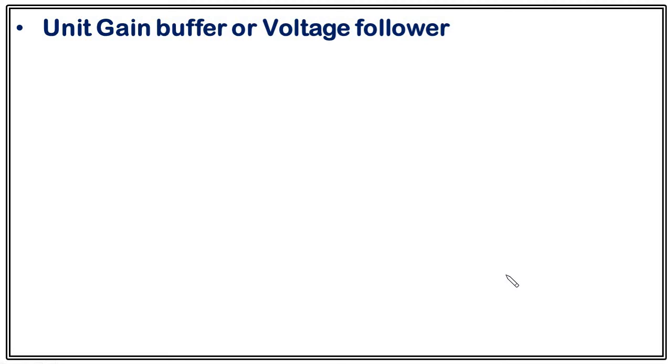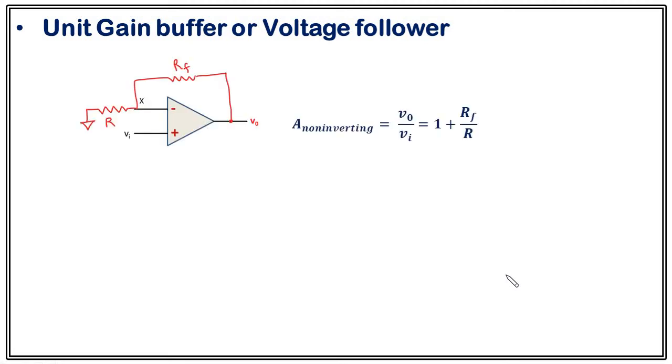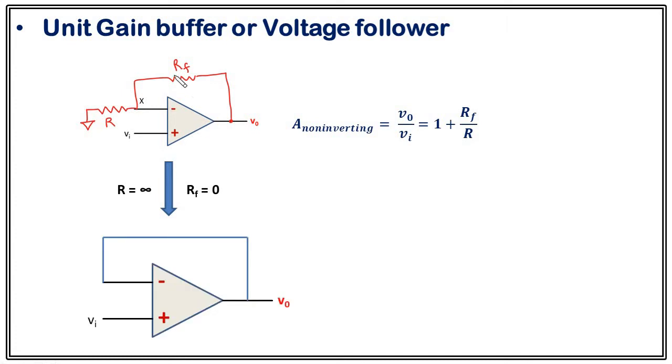Now let's use the concept of non-inverting amplifier in order to construct a voltage follower circuit, or sometimes it is also called unit gain buffer circuit. This is the non-inverting amplifier. What will happen if you choose the value of R to be infinity and RF to be 0? In that scenario, you can simply represent this circuit as this. Because RF is 0, just remove this resistance and have a plain wire. And as this resistance R is infinity, it should be open circuited. Under this condition, R equals infinity and RF equals 0, this non-inverting amplifier will reduce to this circuit.